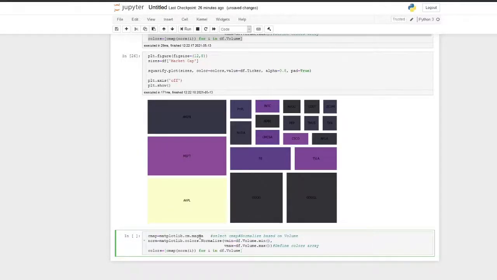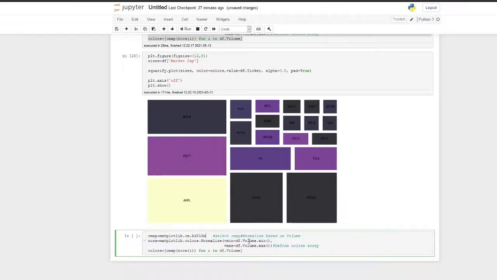Okay, so for that we will use a diverging color scheme. A typically used color scheme for stock visualization is RdYlGn. So the lower value will be in a red color, and if the stock goes up in a day, it will be shown in green color.